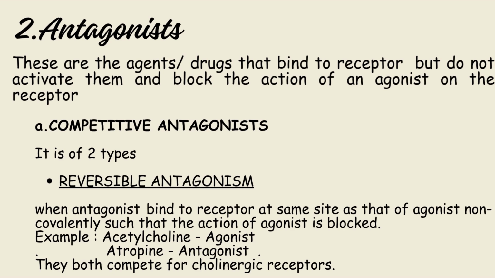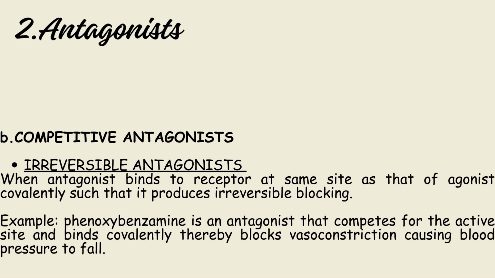Reversible antagonism: when an antagonist binds to a receptor at the same site as that of the agonist non-covalently, such that the action of the agonist is blocked. Example, acetylcholine, agonist. Atropine, antagonist. They both compete for cholinergic receptors. Moving on to irreversible antagonists. When an antagonist binds to a receptor at the same site as that of the agonist covalently, such that it produces irreversible blocking. Example, phenoxybenzamine is an antagonist that competes for the active site and binds covalently, thereby blocking vasoconstriction, causing blood pressure